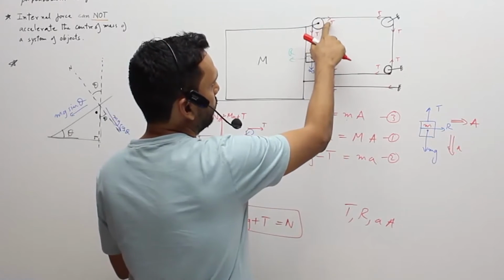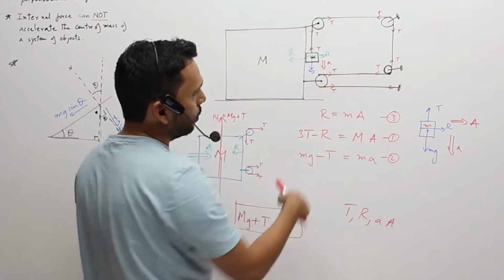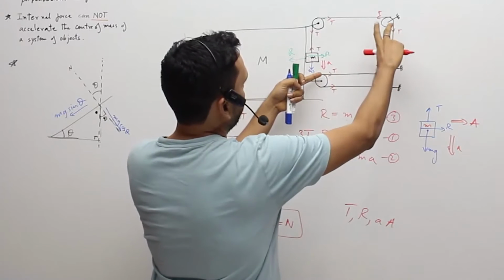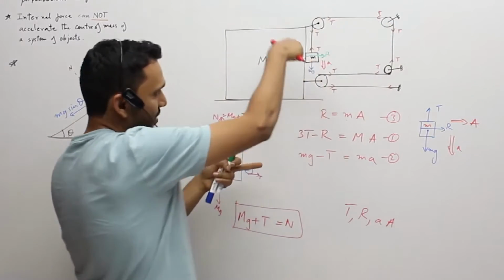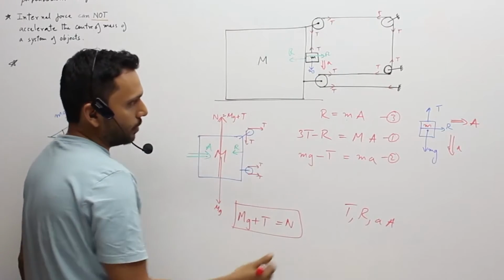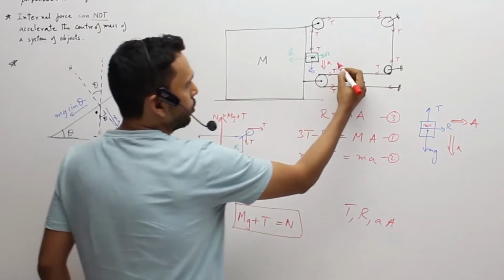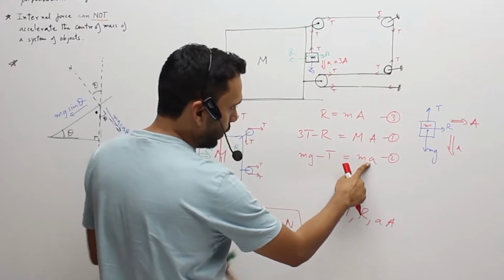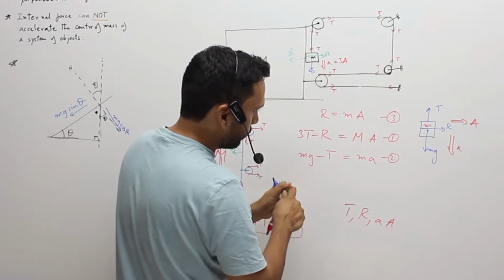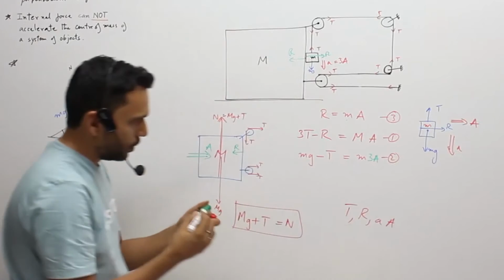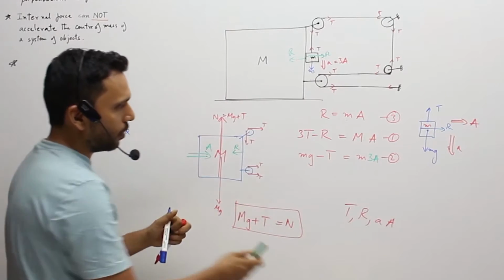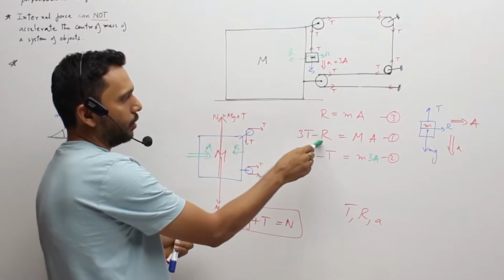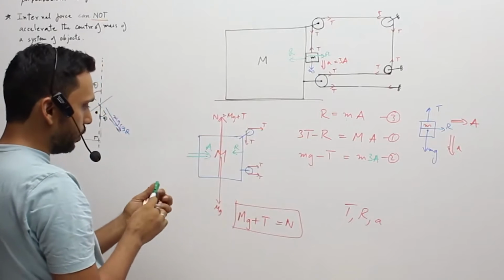So when I move the capital mass M by x forward, we'll have x loose string over here, x loose over there, and this becomes x loose. So this is totally going to fall by 3x. So to tighten all those things, we have a minus x here, this remains same, this becomes minus x. So this has to become 3x to totally tighten everything. So this small a is actually equal to 3 times capital A. So instead of mentioning small a, we'll straight away write it as 3 times capital A. So what we have now is 3 equations and 3 unknowns.